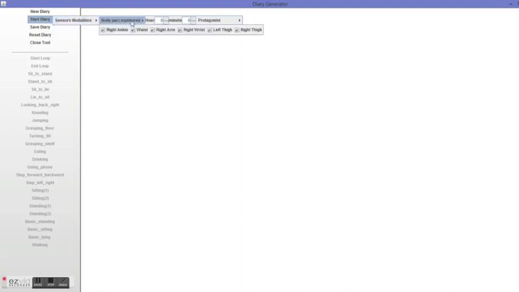To start a diary, click Start Diary in the upper section of the menu. In this submenu, the sensor locations, sensor modalities, time, and protagonist can be selected according to the user needs. In the rightmost submenu, the Start Diary, a protagonist can be selected for the whole diary. Once the protagonist is selected, the lower section of the menu becomes active, and the movements are ready to be